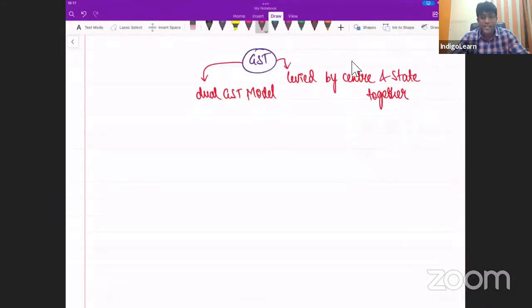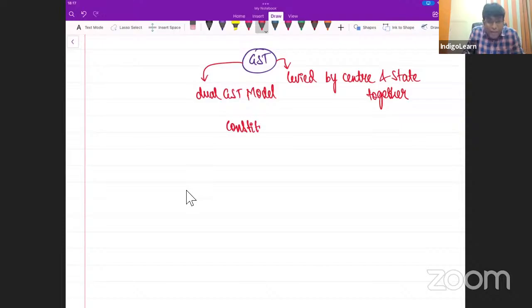I repeat, there was a need to what, sir? Amend the constitution. In order to bring GST, they had to amend the constitution. Now, why did they amend the constitution? Since for the first time they are bringing some GST, which is levied by central and state together, they had to amend the constitution. And for that purpose, they brought